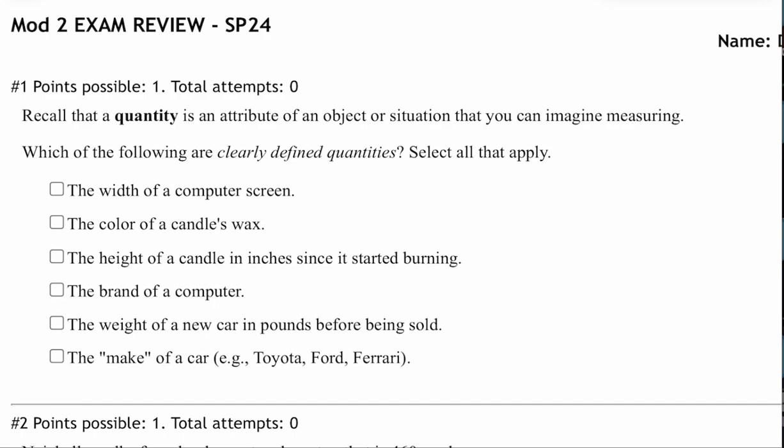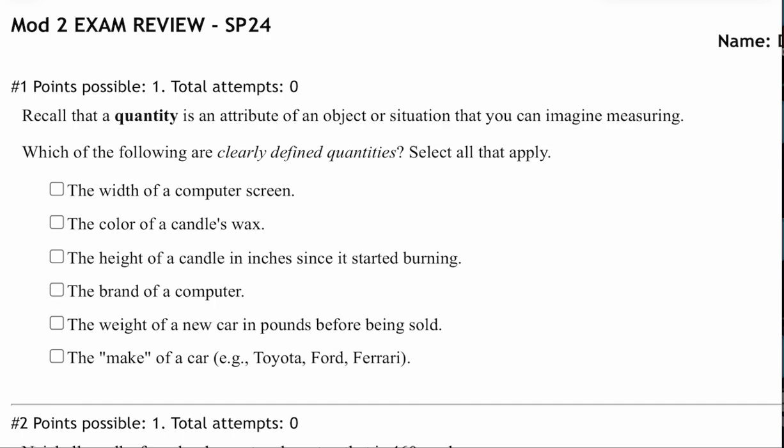So in this video, we are going to be doing the Mod 2 exam review. So please at this time, open up your iMath and open up the Mod 2 exam review and let's take a look. So the first question here says to recall that a quantity is an attribute of an object